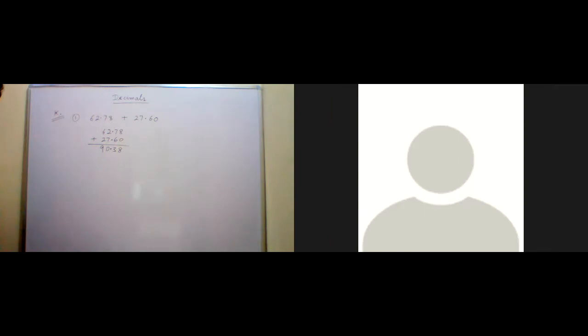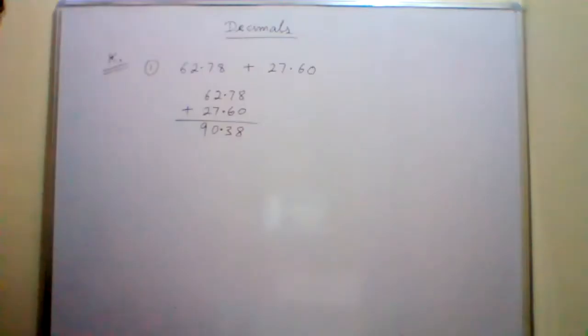Okay, now do the L part also. Subtraction of decimal numbers. Quickly do it. I'm giving you 2 more minutes. Those who have not completed, please complete in 2 minutes. And then after 2 minutes, I will start how to find the product, how to multiply decimal numbers, exercise 9.2.